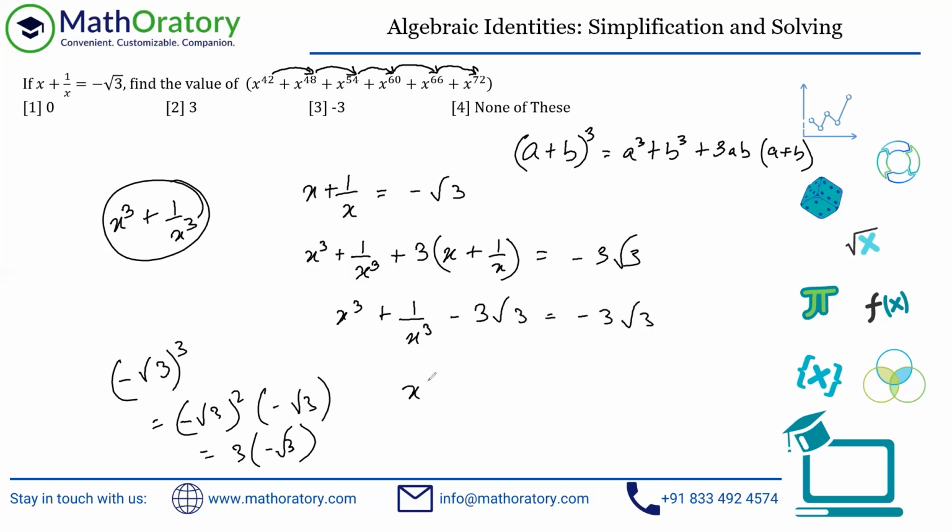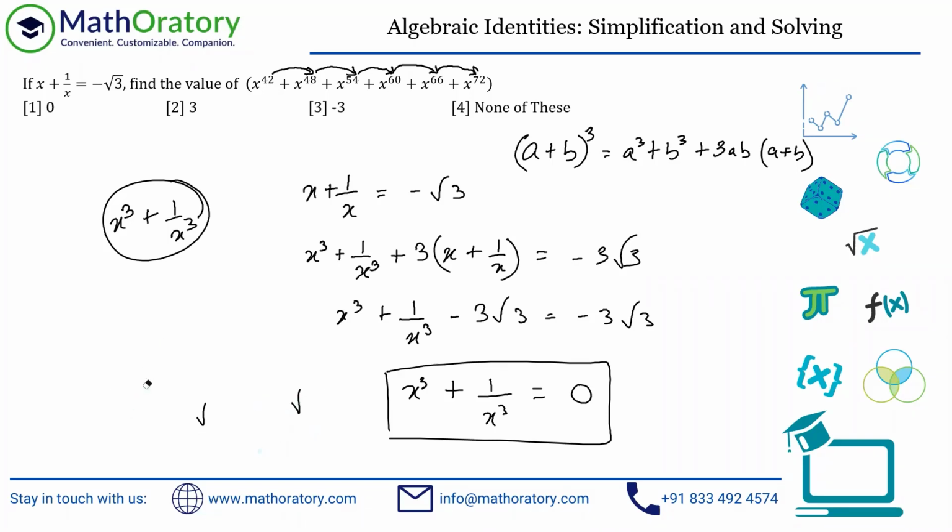So now check this out, x cube plus 1 by x cube comes out to be 0. So this is what we have, right? Now, the advantage that you have now, because this entire thing is 0, but please understand that x cannot be 0. That is something which should be natural, right? I mean, if x is 0, how do you get this? That is not even possible. So if x is not 0, we can multiply x cube on both the sides. So what we get is something like this, x to the power 6 plus 1 is equal to 0, implying x to the power 6 is equal to minus 1.